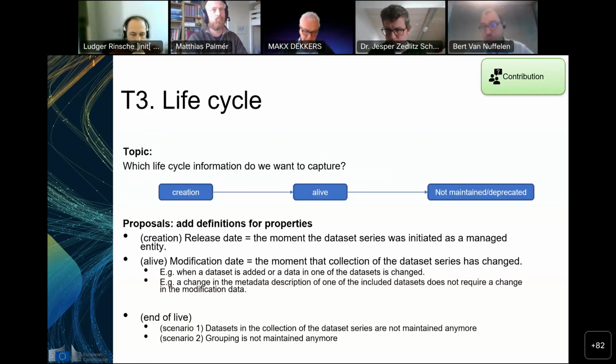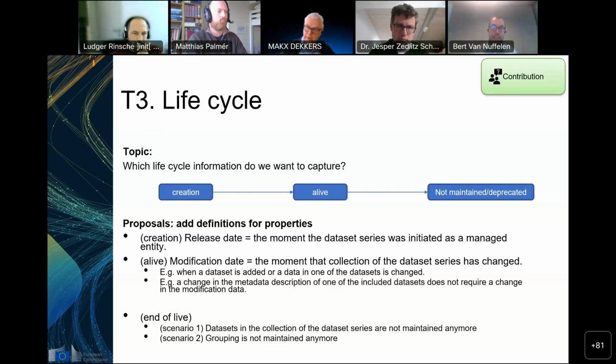Life cycle. If you think about the dataset series, we are going to introduce it: you already have today's catalog, and then we say, now we have this ability of dataset series. We are going to create this notion, and then we can associate with it a release date, namely the moment that we consider the dataset series was initialized and managed. When it moves to management and new datasets come into the collection, you are in live mode as a dataset series, and then the notion of a modification date comes into the game,